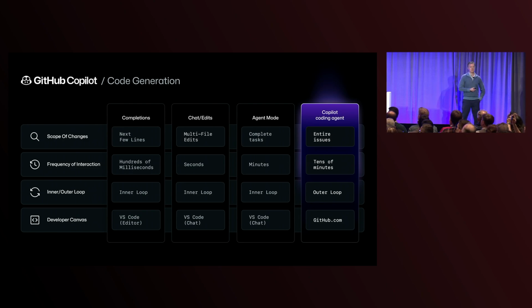And this, of course, is what leads us to GitHub Copilot Coding Agent. With Coding Agent, we're bringing that same kind of experience of agentic coding, but into the outer loop. We're allowing it to work for longer periods of time, to take on even larger chunks of work, tasks that may be an entire GitHub issue, and tasks that may take up to tens of minutes for the agent to solve on my behalf. By pushing that into the outer loop, we're allowing it to be asynchronous and autonomous, to work on my behalf while I'm doing other things, and to help me solve problems that I can then come back to and review its work and iterate with it.